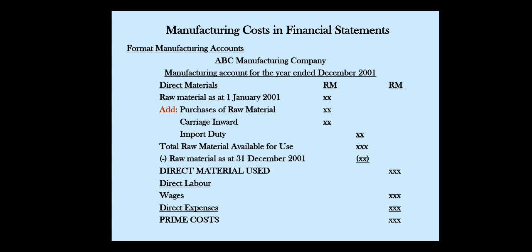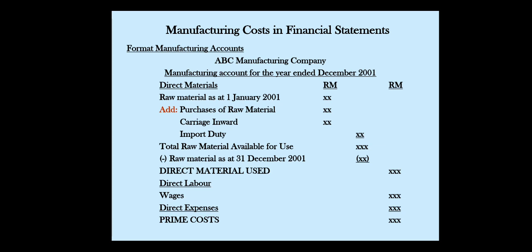When you want to calculate the cost of goods manufactured, the basic formula is direct material cost plus direct labor cost plus overhead cost. See here, the first thing that you have to do is to calculate the direct material cost. So to calculate the direct material cost during an accounting period, the calculation is beginning raw material plus purchasing raw material, and then minus ending raw material. So you will get the direct material used